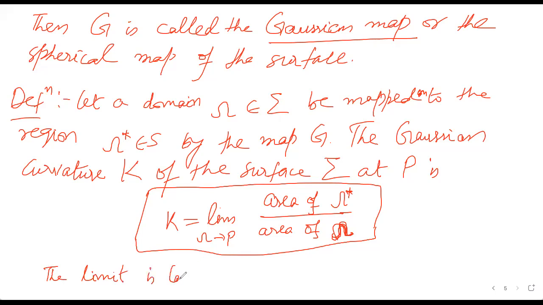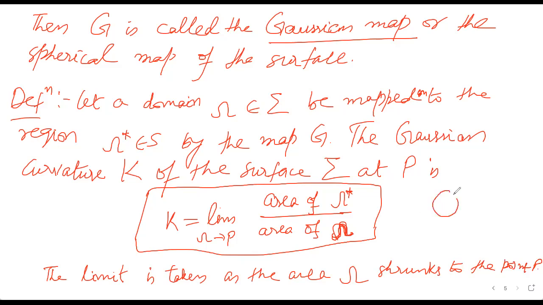That means the limit is taken as the area omega shrinks to the point P. तो जब ये आपका ये एरिया, सपोज इट इज योर ओमेगा, it is point P. So when this started moving towards P, it is shrinking, then this ratio will give you the curvature, ठीक है।